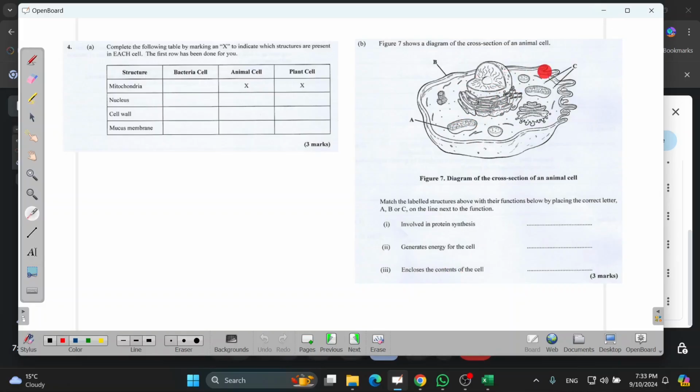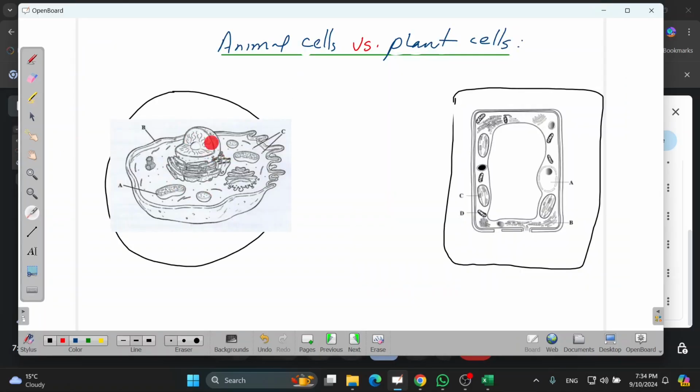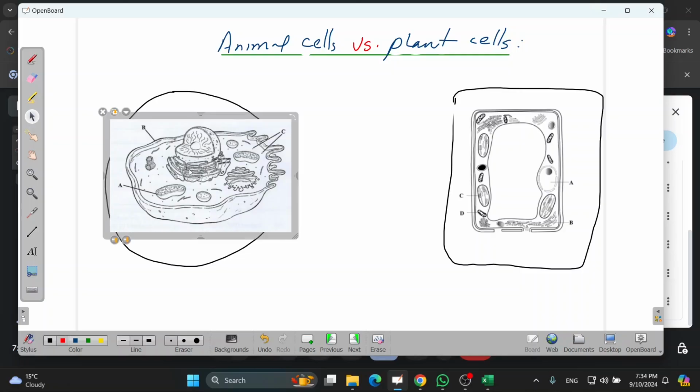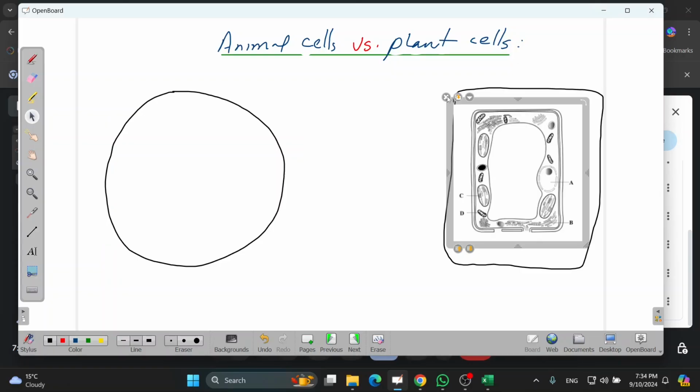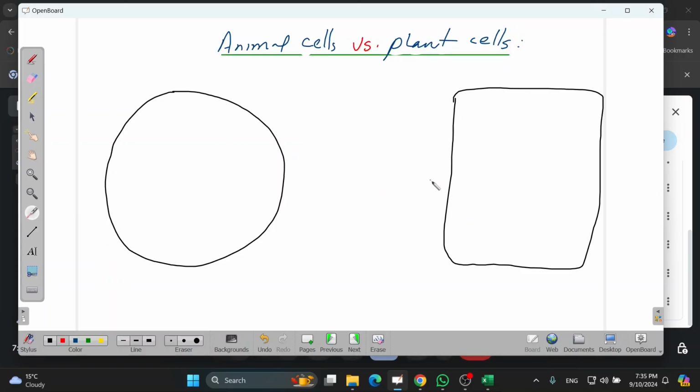So guys, when you look at this diagram here, you need to be able to identify the different parts just by looking at it. When I say an animal cell, I will be referring to this one. And when I say a plant cell, it will be something like this, right? Now, I'm not using this diagram, which is already made. We are going to make our own, right? So look, ready? This is the animal cell and this is the plant cell.